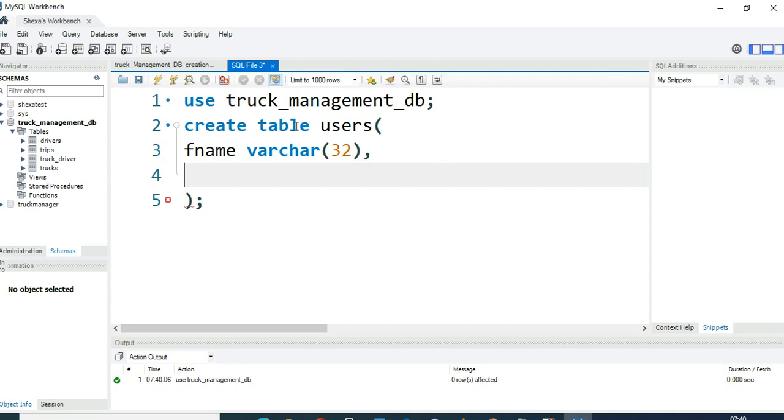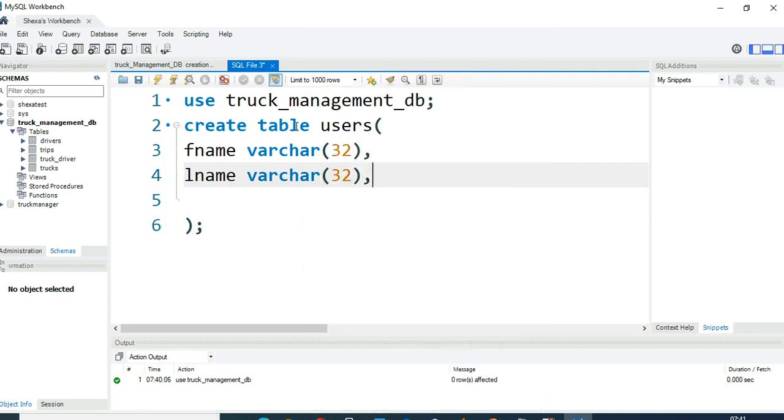Let me leave it without NOT NULL, so that you will add NOT NULL when we talk about the ALTER command. Then last name, which is VARCHAR and size 32,